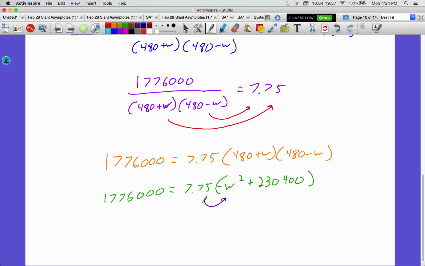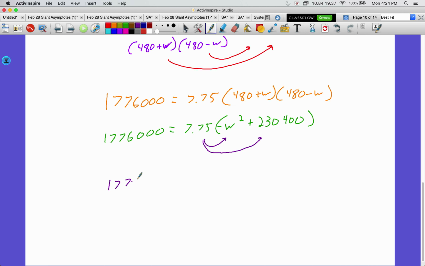Distribute in our 7.75. 1,776,000 equals negative 7.75 W squared plus that times 7.75 is 1,785,600. Now, it might look like I need the quadratic formula, but I don't have any linear term here, so I